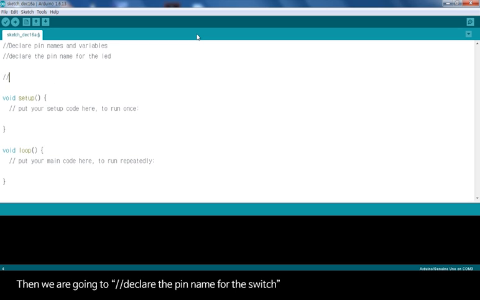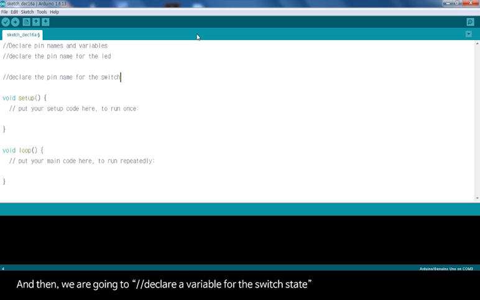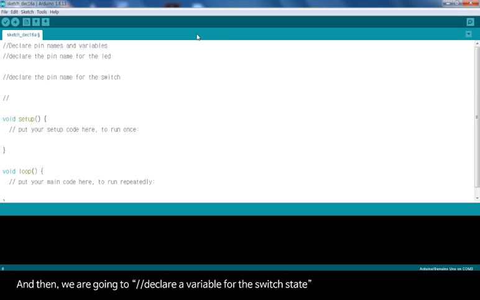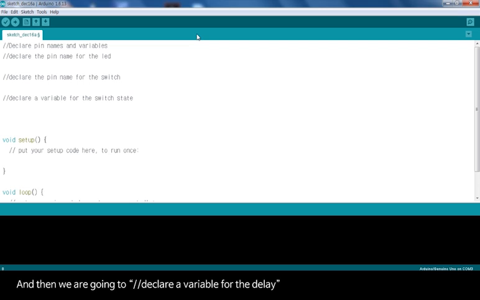Then we are going to declare the pin name for the switch. And then we're going to declare a variable for the switch state. And then we're going to declare a variable